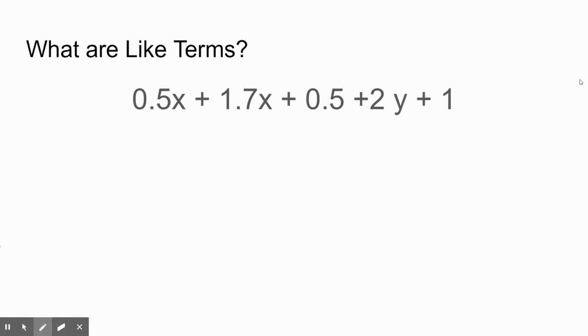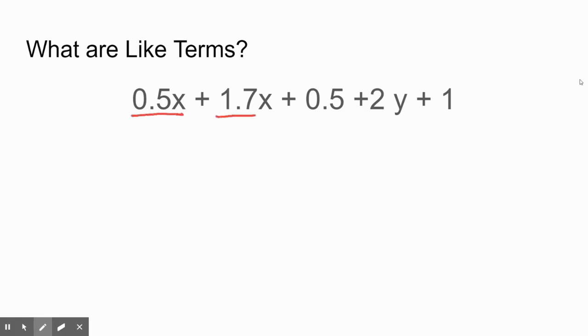So what are like terms? Basically, they are terms that have the same variable or sometimes don't have a variable. Technically, it gets a little bit more complicated than that. You eventually have to throw in exponents, but for what we're doing right now, let's just worry about them having the same variables. So if we look at this example here, we can underline